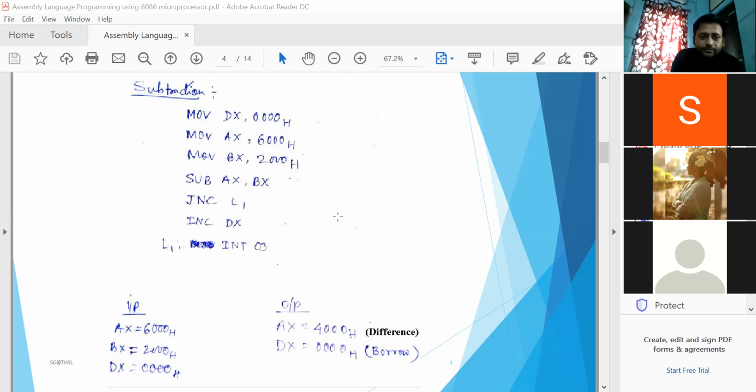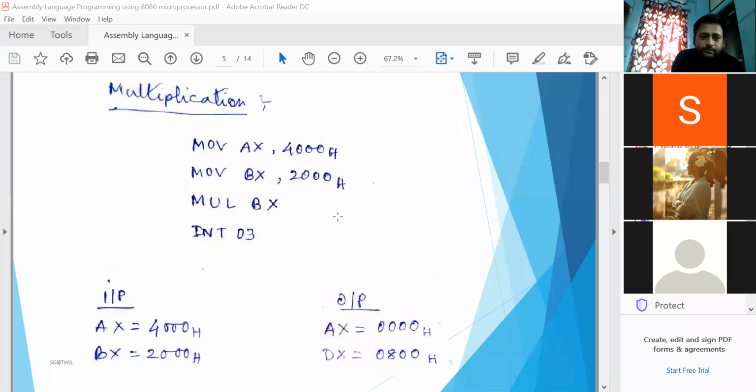So next is the multiplication program. I have taken two 16-bit numbers into registers. The first number has to be stored into the AX register, and the second number in any other register, whether it is BX or CX, because you can't use DX.